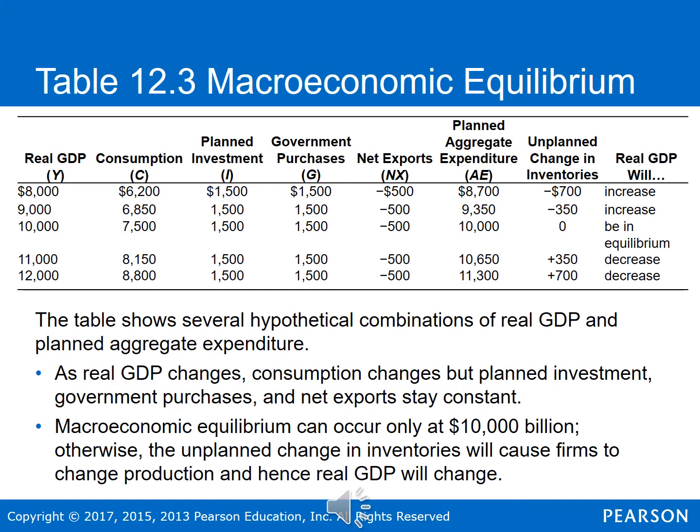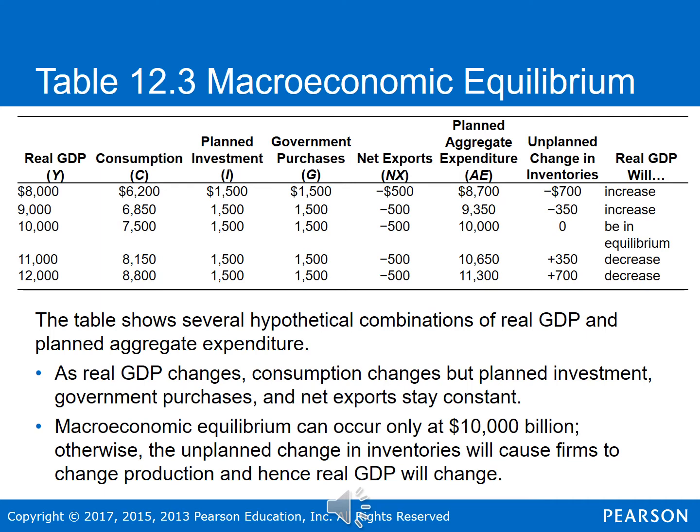So first let's look at the first row of the table, where GDP equals 8,000 billion, or $8 trillion. This results in consumption of $6,200 billion. When we add consumption, planned investment, government purchases, and net exports across the row, that's going to give us the planned aggregate expenditure of $8,700 billion, which is what we see in the sixth column here. Because planned aggregate expenditure is greater than GDP, in this case by $700 billion,